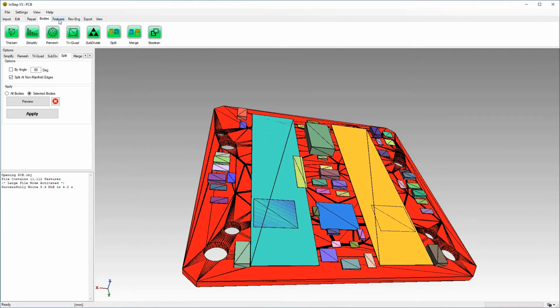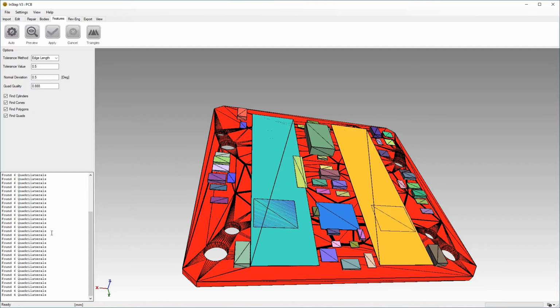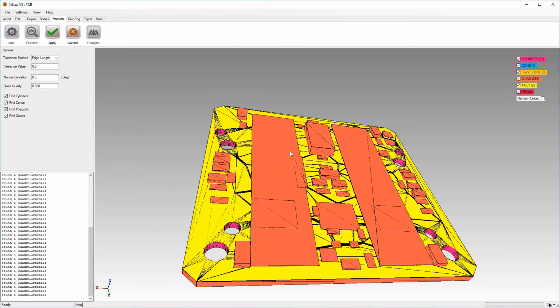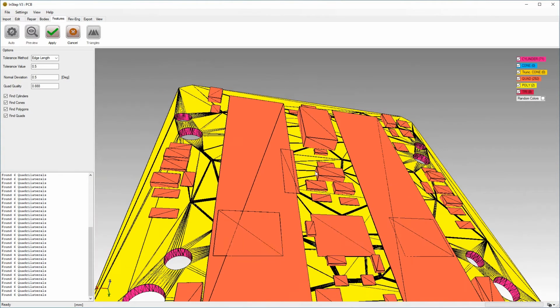For that, we have a separate tab, the Features tab. We click here, we leave the defaults on, those are fine for now. Click Preview, and the application will go through and try to determine the different components for each item. Here we can see that it's found cylinders, it's found what we call polys, which are just a set of surfaces that are flat with some kind of perimeter inside or outside. And then we have a whole bunch of the quads. The quads are appropriate for all these smaller components which are just represented by a box.